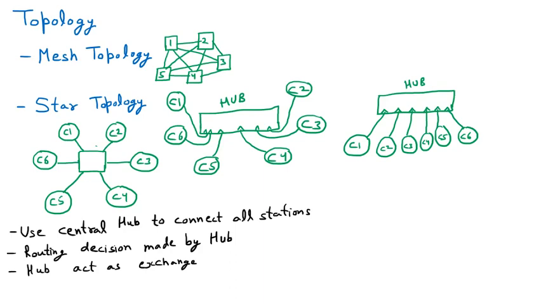And one very important thing about the hub is that it is point to point. Point to point means, I can elaborate, it is from station to hub. There is a connection between station and hub directly. That's why we are saying it is point to point. So C1 is directly connected with the hub. It is not connected with all the computers. So if C1 is communicating one to one, we can say that it is point to point communication.